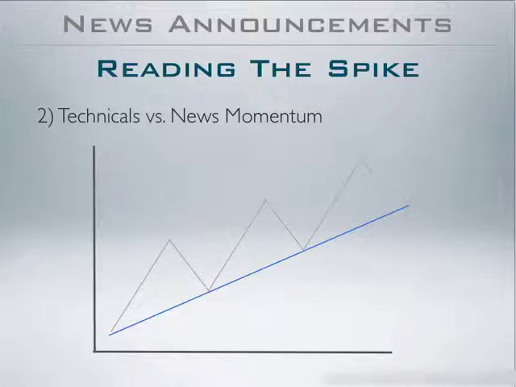Imagine we didn't have any news announcement to begin with. All right, we were searching for trades within this trend. Chances are that we would be searching for trades in the direction of the trend. And whenever we would get our trading opportunity, we would obviously jump into this market, most likely in the direction of the trend. But since this trend is based on thin market volume, chances are the trend, and therefore any trade we may have taken within that trend, is going to collapse sooner or later.